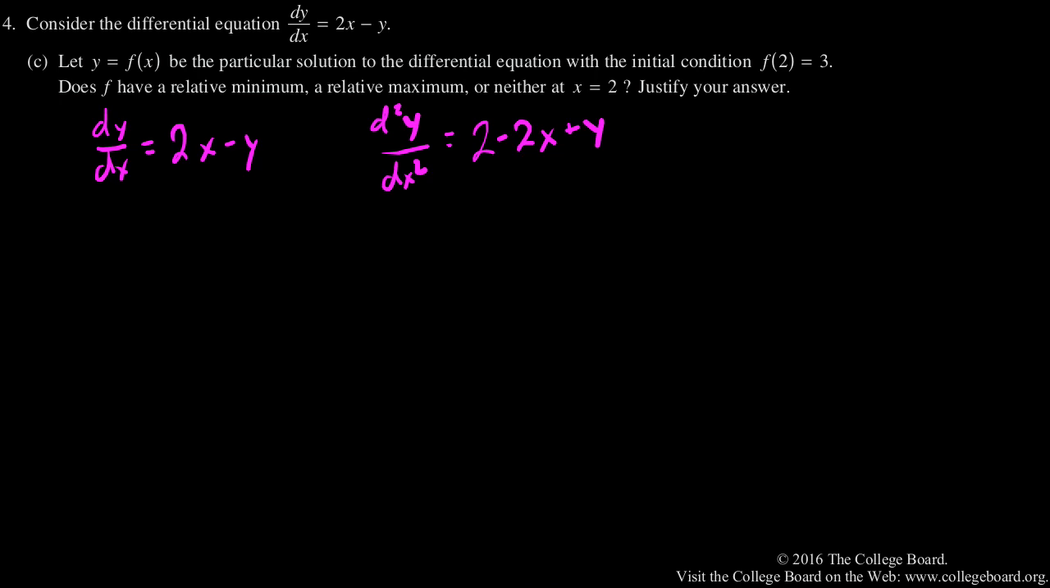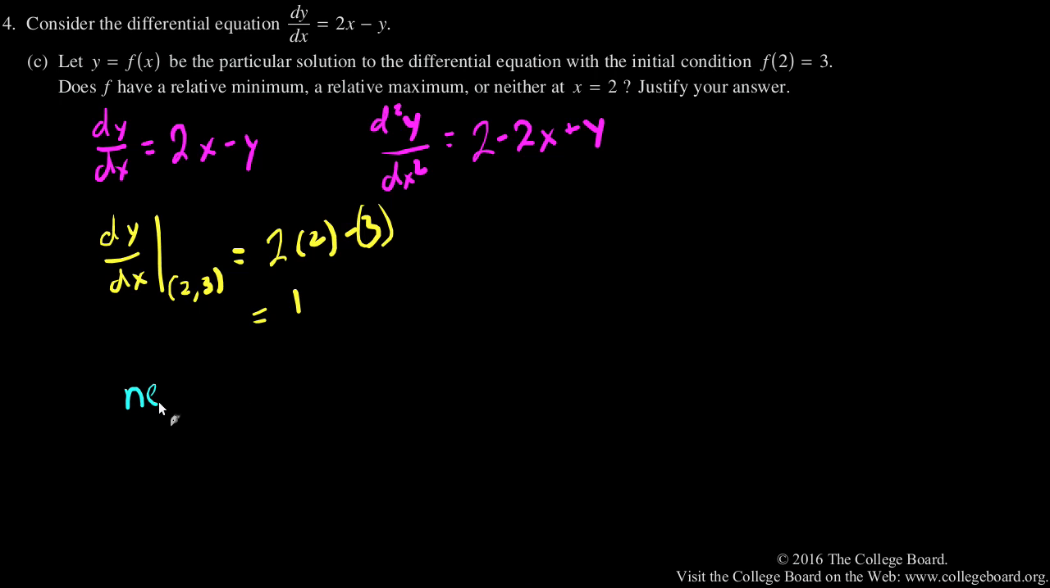So the first thing I'm going to do is check to see if this equals 0. So dy/dx evaluated at this point, (2, 3), is going to equal 2 times 2 minus 3, which is of course 1. It can't have any extreme value there because this is not a critical point. It's increasing at that value, or increasing around there. So we know that it has neither,